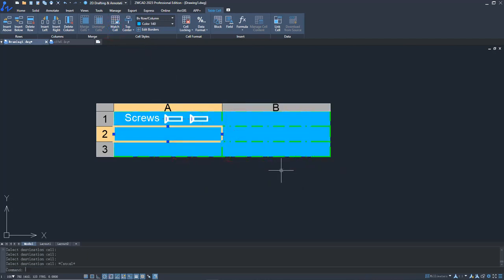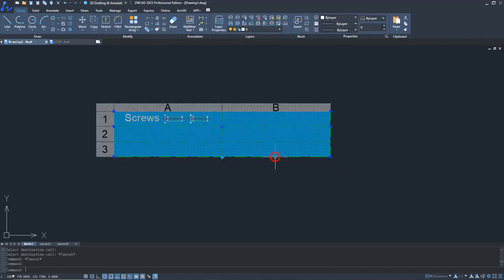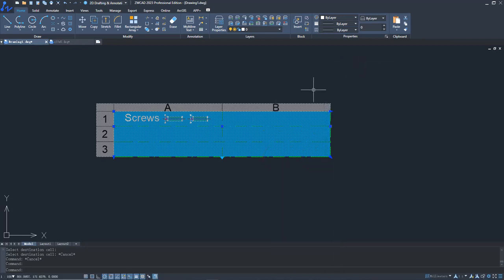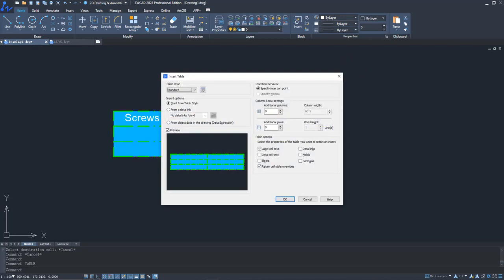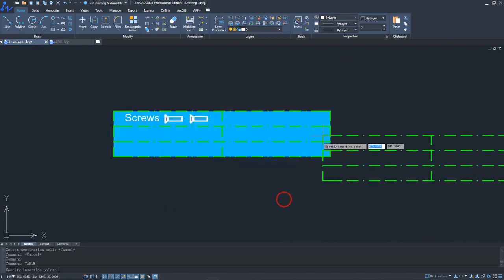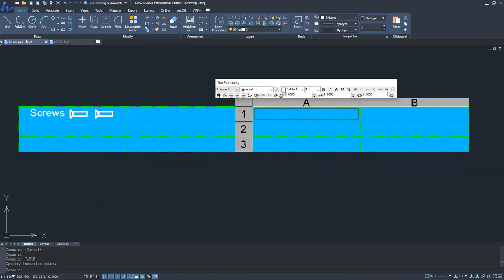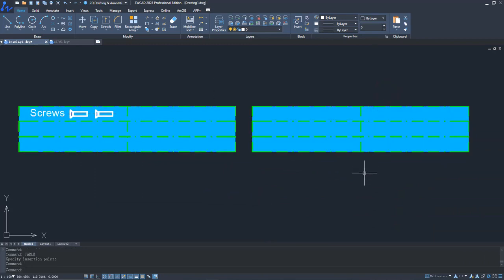Also, you can save the table as a template. In this way, you can reuse the table without setting it up every time. This powerful table tool allows you to create and edit a table in ZWCAD directly. It also reduces the risk of data loss when you copy data from other